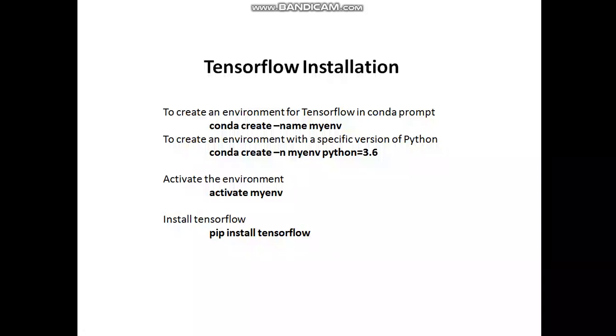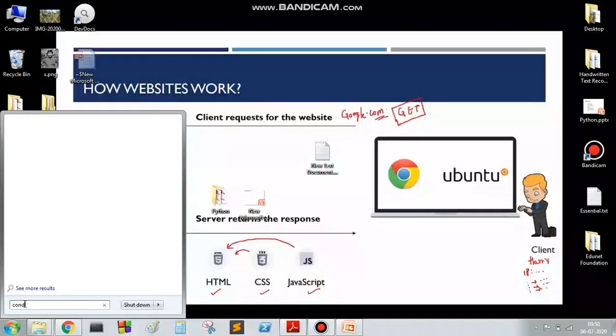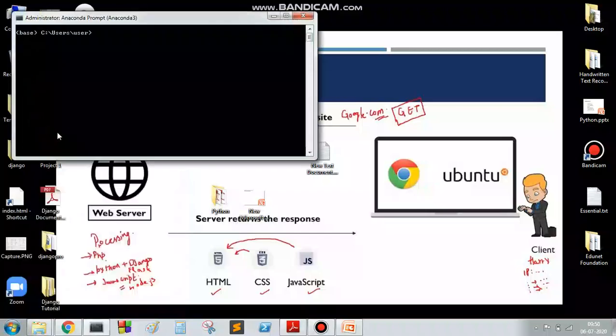So let's move to our conda prompt. Here I am inside my start menu. So here type conda, it will let us write anaconda. Yes, anaconda. One is Anaconda Prompt, one is Anaconda PowerShell. So better start from Anaconda Prompt,